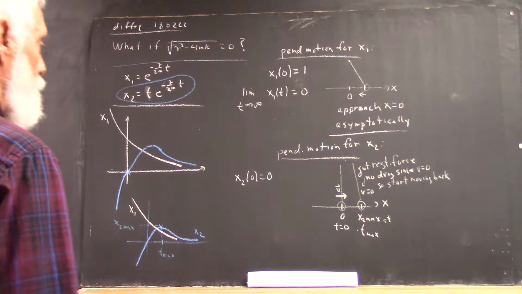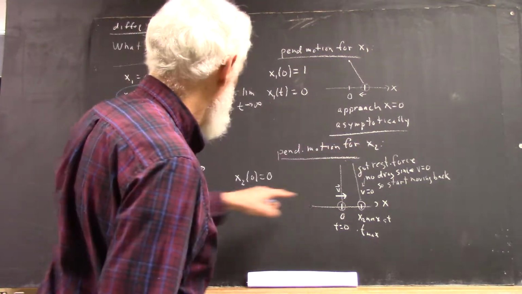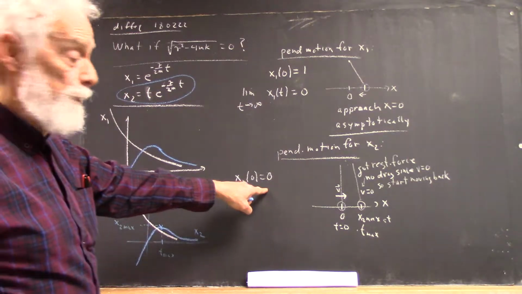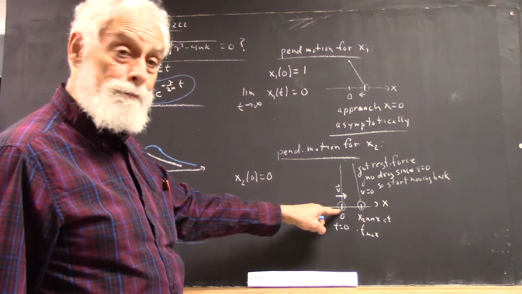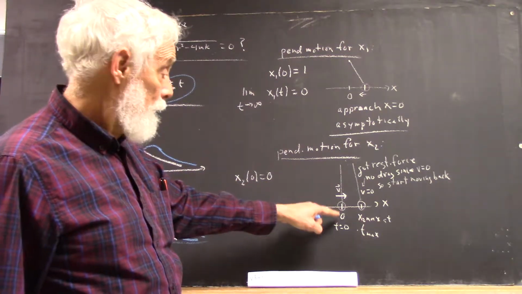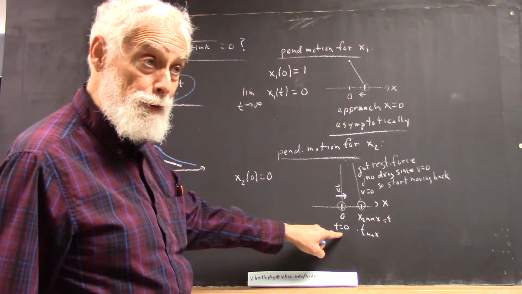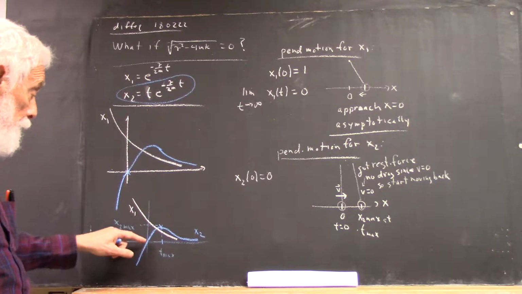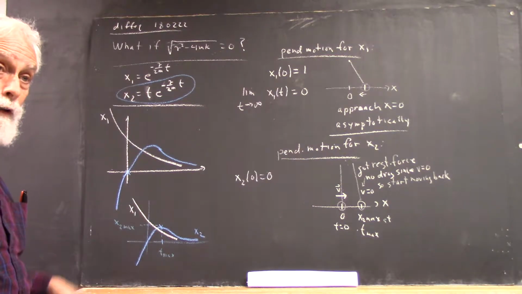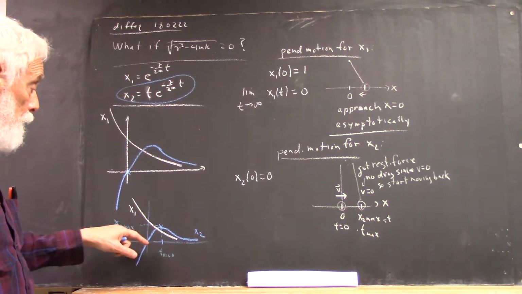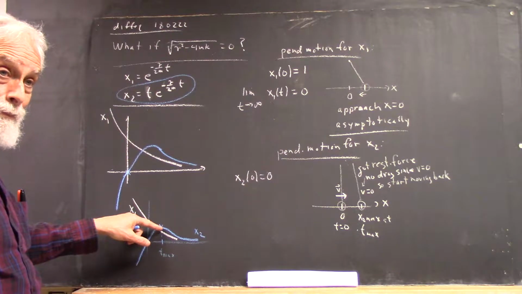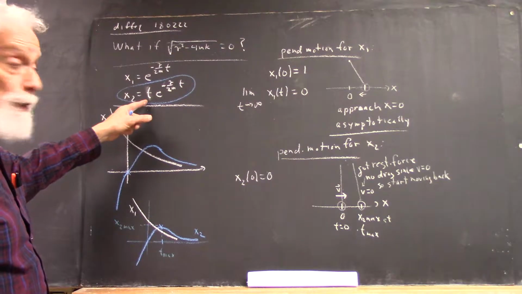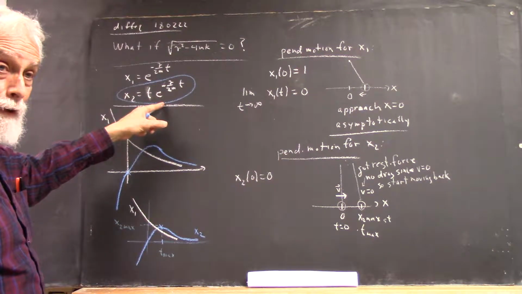Okay, now, if the pendulum motion is x2, with x2 at 0 equal to 0, we picture that like so. Position is 0 at t equals 0. Looking at the graph, we see that the position is going to start increasing. It's going to increase up to some point because t is increasing and the exponential hasn't decreased all that much